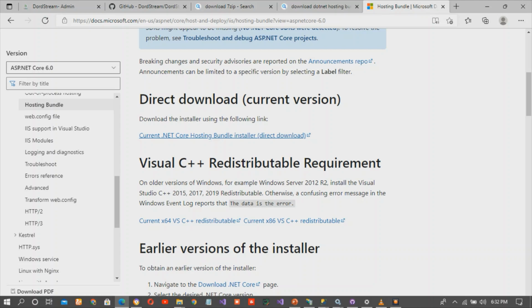So as you can see, this is the documentation on the hosting bundle. This is the direct link to download the hosting bundle. Once we download it, it is very easy to install. It is one click installation. That means once you download it, you just click. The reason why I didn't download it is because I already have it on my local machine, so I don't need to